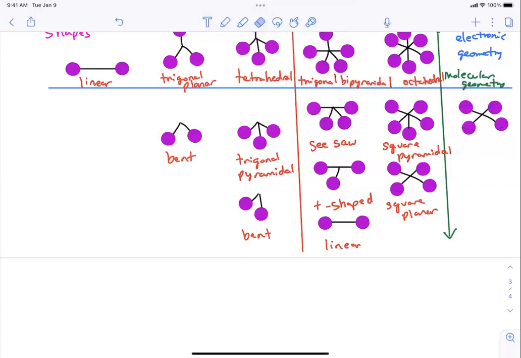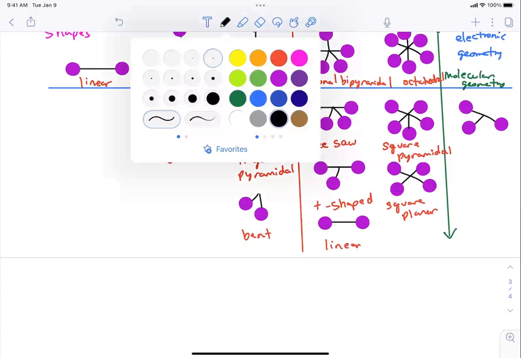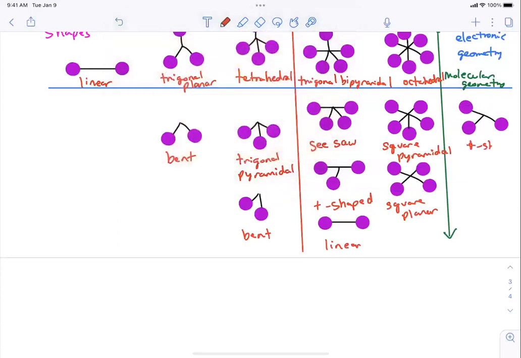The next one, now that they're all the same, it doesn't matter where you take from. You could take away from here. And what shape is that? Nope. T-shape. Seesaw needs 2 legs, remember? So T-shaped. And then you take away the next one that's furthest away from the one you just took. And then you're back to linear. So see how many shapes you're actually reducing by memorizing these 5 shapes. Because for HL, you have to know 15 shapes. But if you know those first 5, you can slowly